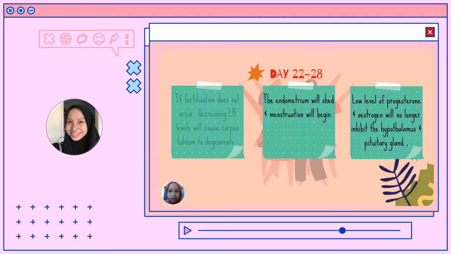So let's continue. The endometrium will shed and menstruation will begin. It begins with day 1, 2, 3 again. Then, the low level of progesterone and estrogen will no longer inhibit the hypothalamus and pituitary gland, because